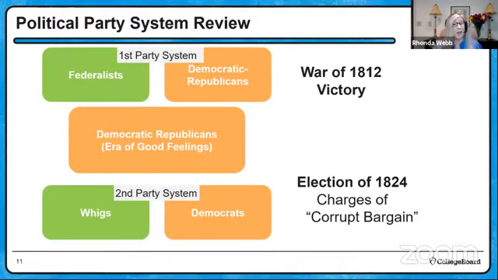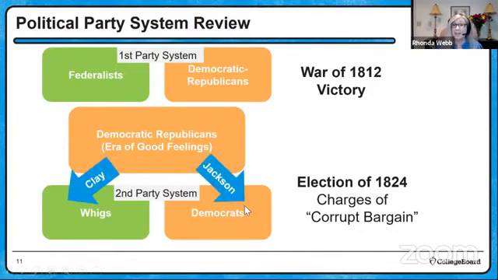And so he starts to call out Henry Clay and says, you're not a Democratic Republican. Your ideas don't align with that. So I'm going to break away, and I'm going to form a true Democratic Party that reflects the ideas of Thomas Jefferson. That's where he gets the Democratic Party, and that's the Democratic Party of today.